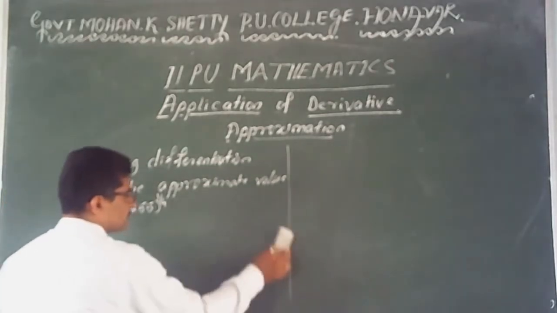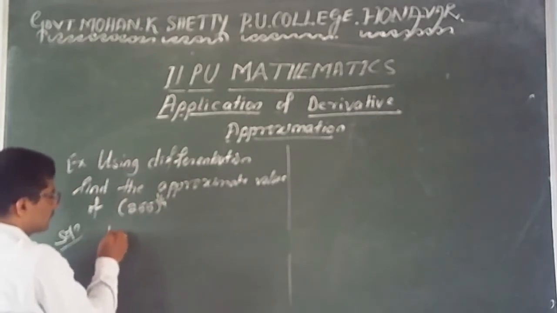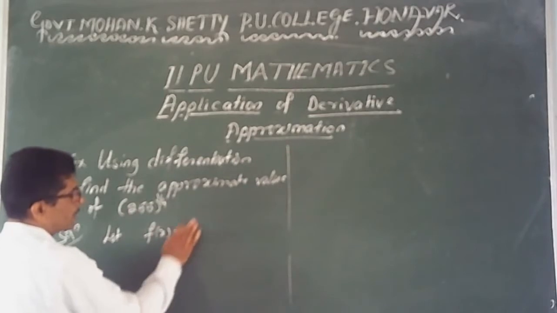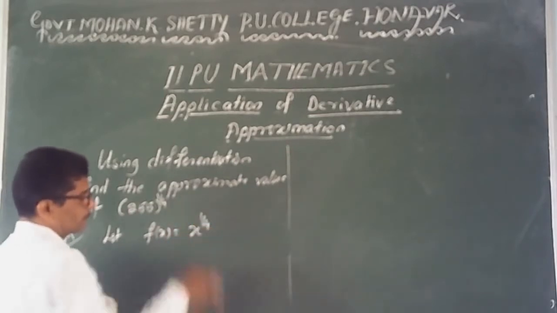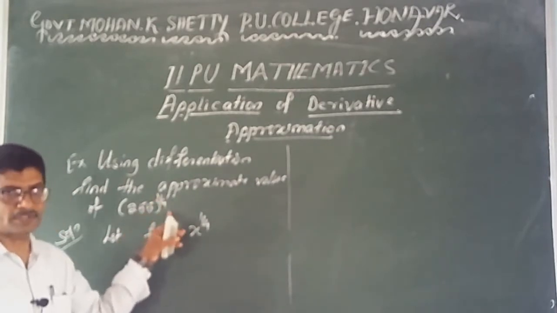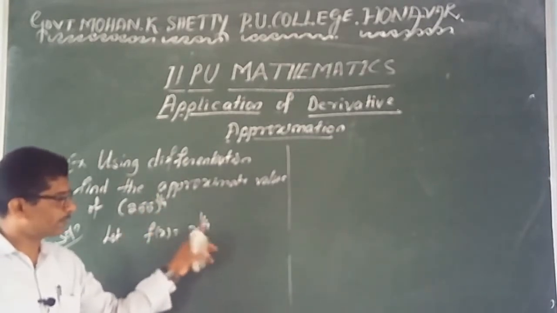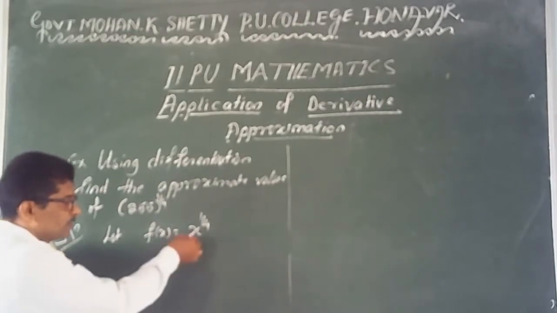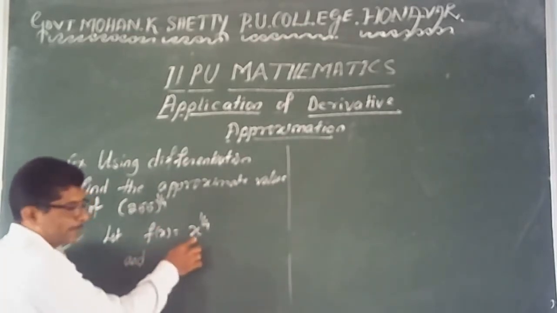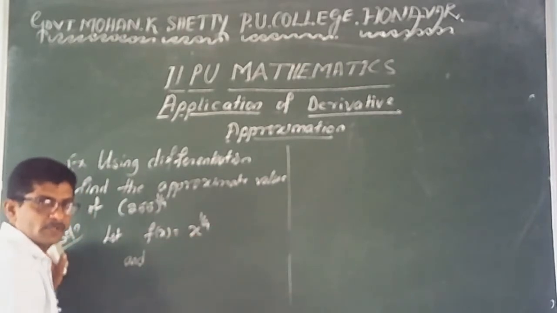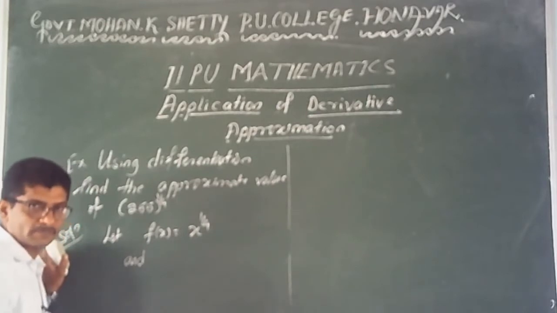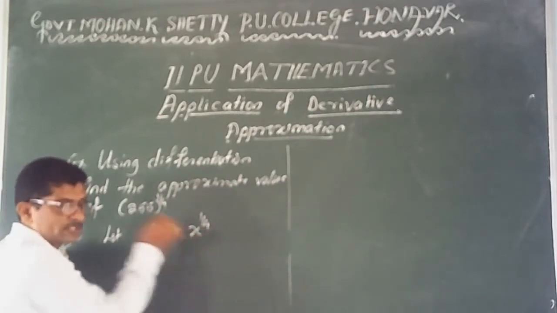Here also, first assume that the given function is a power function, that is f of x is equal to x raised to 1 divided by 4. First identify the function. The function is a power function raised to 1 divided by 4. This function is differentiable and you identify the value of x. Clear? You get a value that is a perfect fourth power, then the simplification is easy.